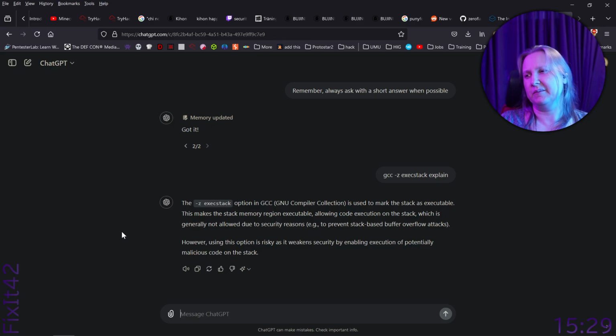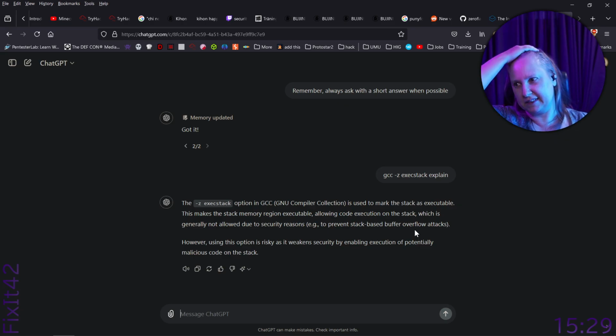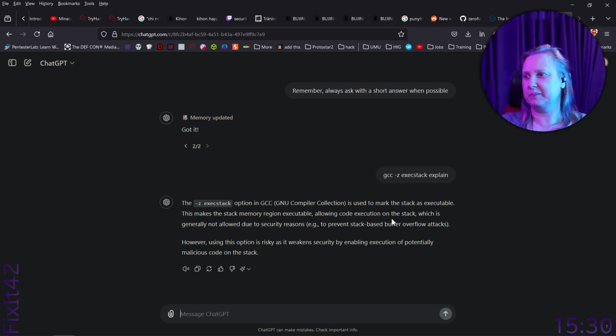Oh, that's okay. So the -z execstack option in GCC is used to mark the stack as executable. This makes the stack memory region executable, allowing code execution on the stack, which is generally disallowed for security reasons, e.g. to prevent stack-based buffer overflow attacks, meaning we need to enable it. However, using this option is risky as it weakens security by enabling